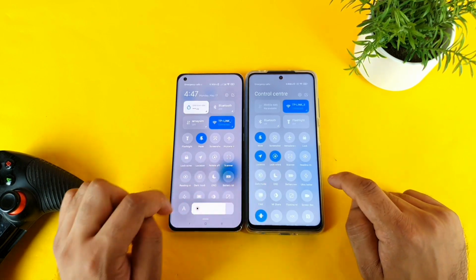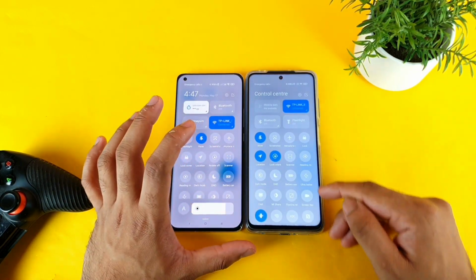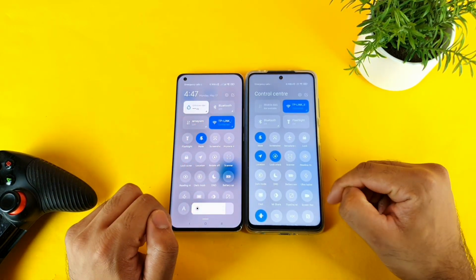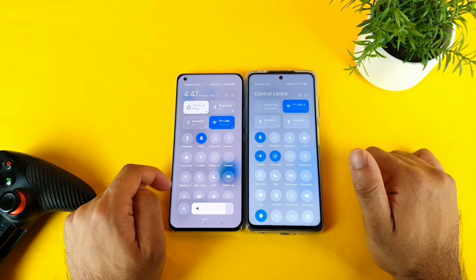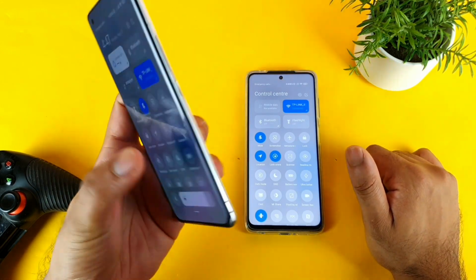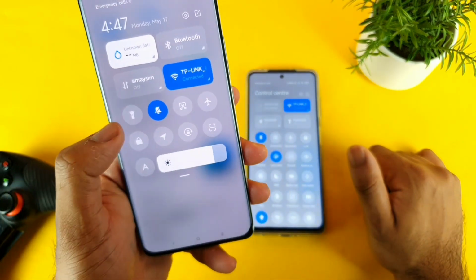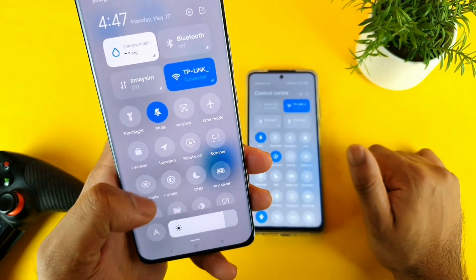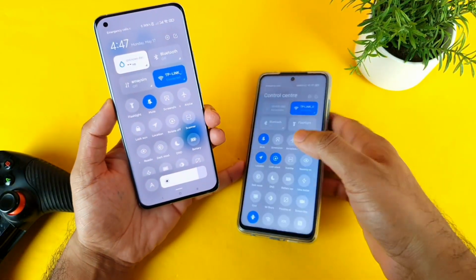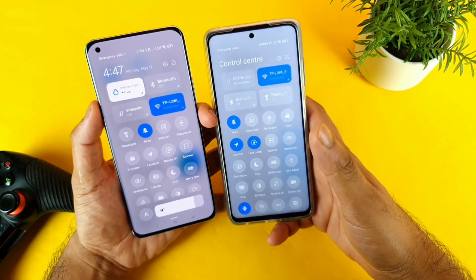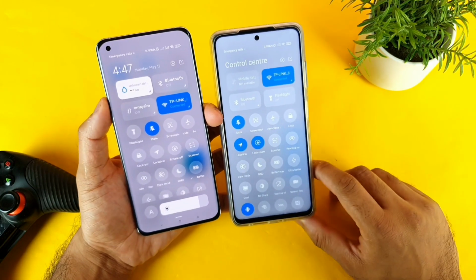I feel the previous UI is quite good in this regard. You get 5 layers there, but here only 3 layers, and the fourth layer is slightly visible. In the beginning you can only see 2 layers, and if you swipe you can see 3 layers. So it's not that helpful. I feel the old version is quite helpful in this one. That is the difference I noticed.